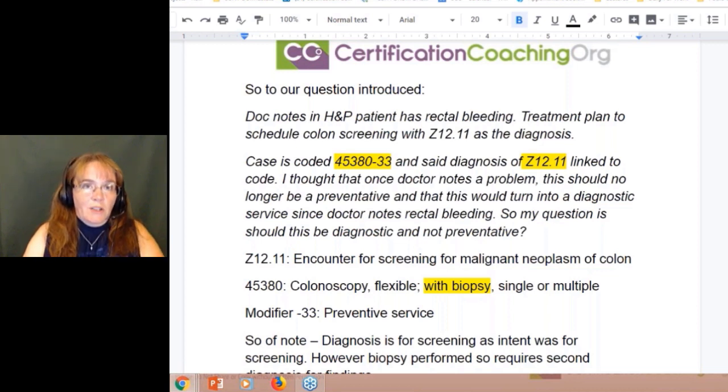And so I just wanted to break this out a little bit more. Z12.11 is encounter for screening, malignant neoplasm. 45380 is a colonoscopy, flexible colonoscopy with biopsy. So they did something while they were in there. And we only have the one diagnosis of Z12.11. Now remember, it said that our intent doesn't change. We can bill that Z code. If we really said this was screening, for some reason we just want to have another screening done, we did the screening diagnosis, we have the 33